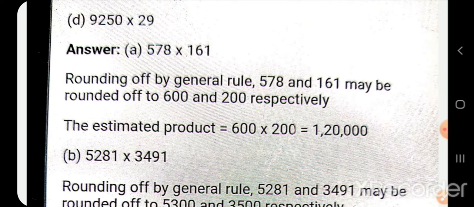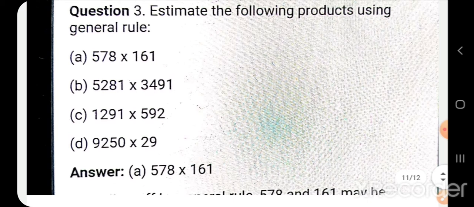Now 6 2s are 12. So 12 and 2 zeros of 600 and 2 zeros of 200, means total 4 zeros after 12. So the answer is 1,20,000. So in that, first of all we will round it off and then we will find the product. So the answer of A is 1,20,000. Second, B. Our second question is